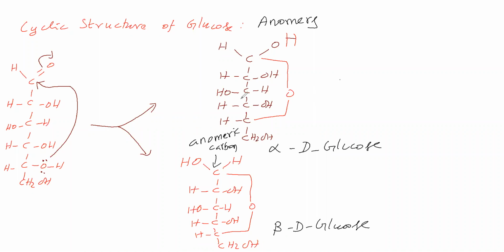Next, in this cyclic structure, how many atoms are in the skeleton of this ring? That is the first carbon, second carbon, third carbon, fourth carbon, fifth carbon, and this oxygen. That means 6 atoms form this cyclic ring. So, since 6 atoms form a cyclic structure, we will take that cyclic structure like this.